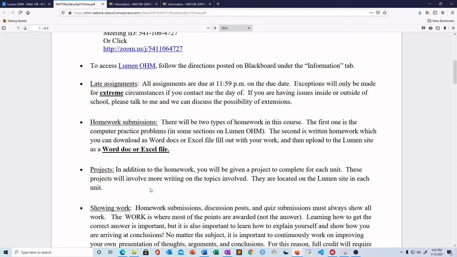I've had a lot of students say, I really like doing this project. A lot of them are very applicable things. So you'll see that as we go through. You'll have a project on budgeting in Unit 1. You'll have a project in Unit 2, which is less applicable, but on space and geometry and some other fun